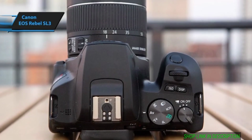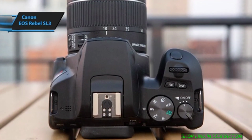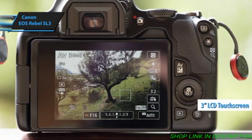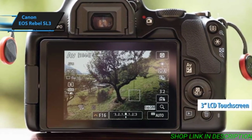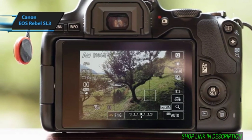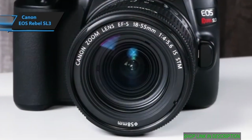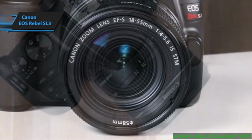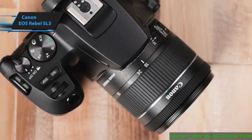This model retains the beloved design of the Rebel series, adding a user-friendly 3.0-inch LCD touchscreen for easy navigation and great selfies. The screen's flexibility makes it simple to capture the perfect shot from various angles. Whether you're recording a family event or capturing stunning landscapes, the SL3 makes it easy to create and share your